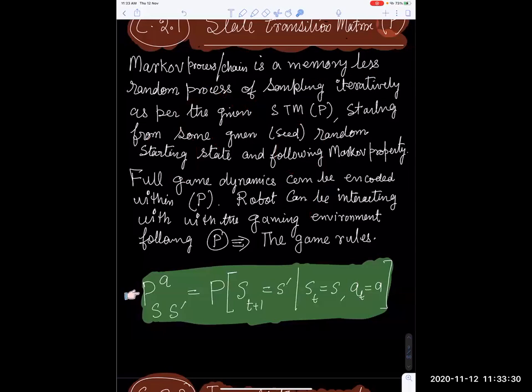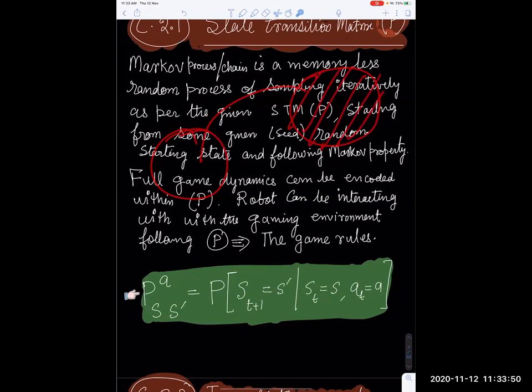So, the full game dynamics. The good thing about it is that the full game dynamics, meaning the rules and regulations of the game, can actually be encoded within such a P. At any state, if you take an action, you need to go to this state, and if you carefully figure out that